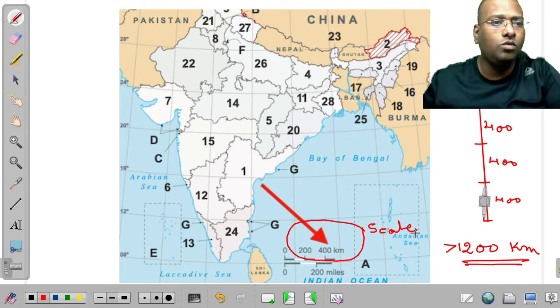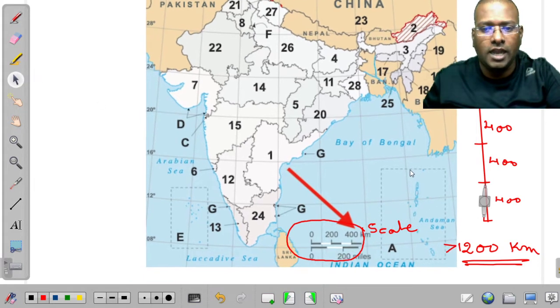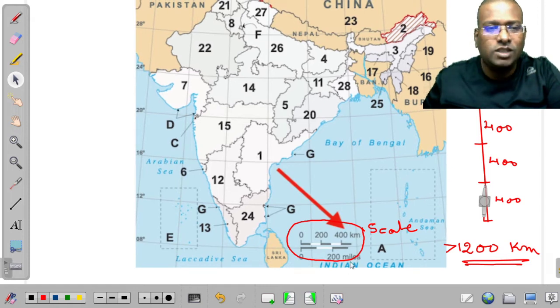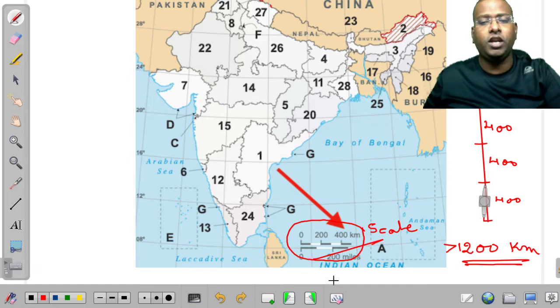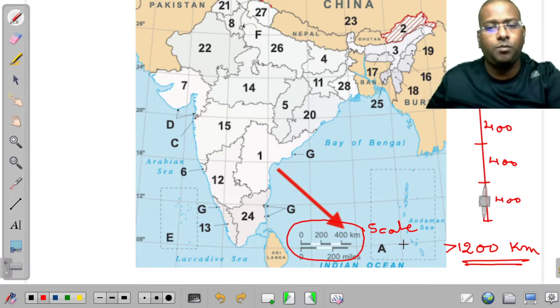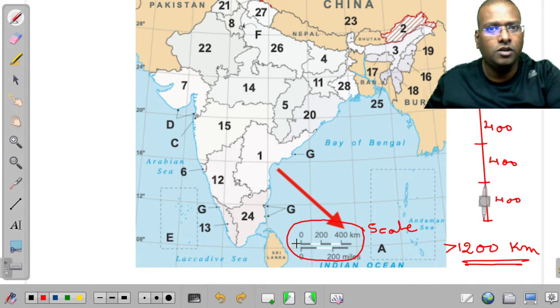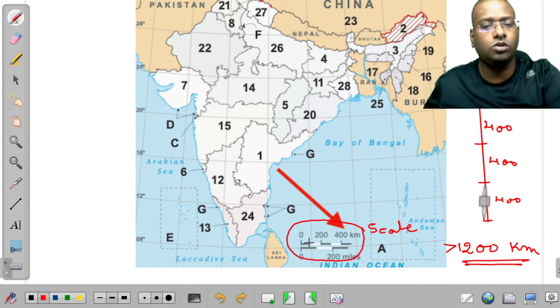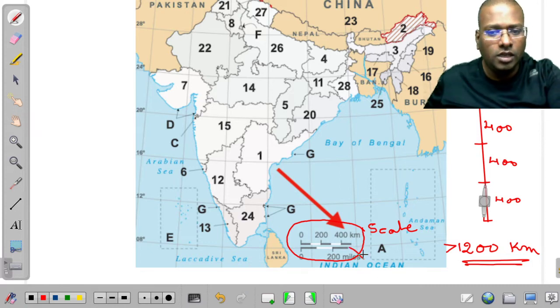So how can we do these calculations? Because we have the scale. With the help of this scale, we can measure it. In this chapter we have to know how to construct this scale. You have to remember that, and to construct this, what information we require should also be known. And one more thing, at the end I will give some scales mentioned here, and you have to say which type of scale it is.